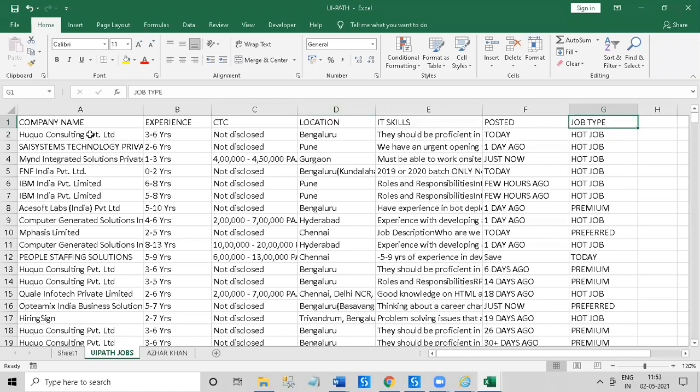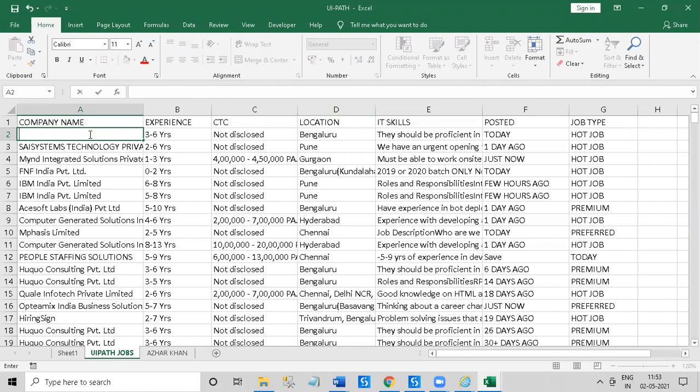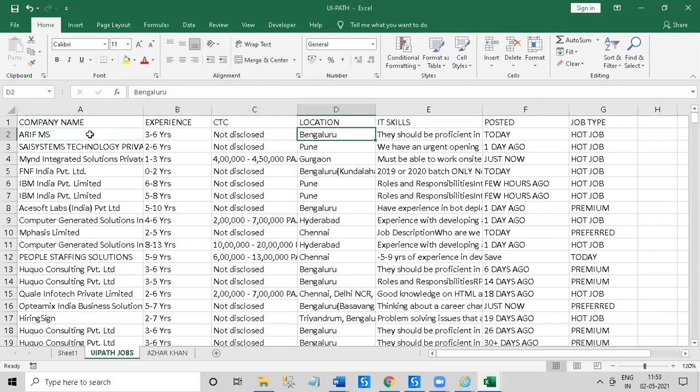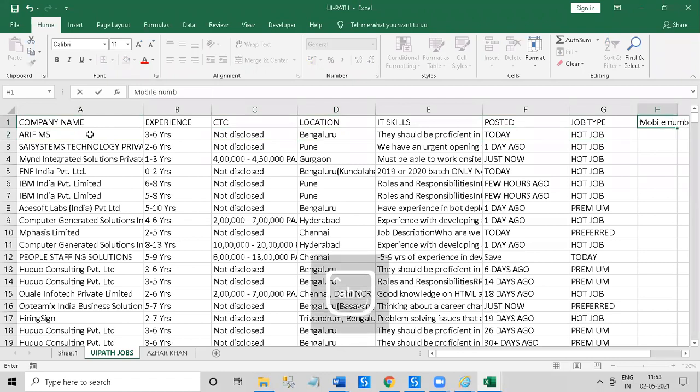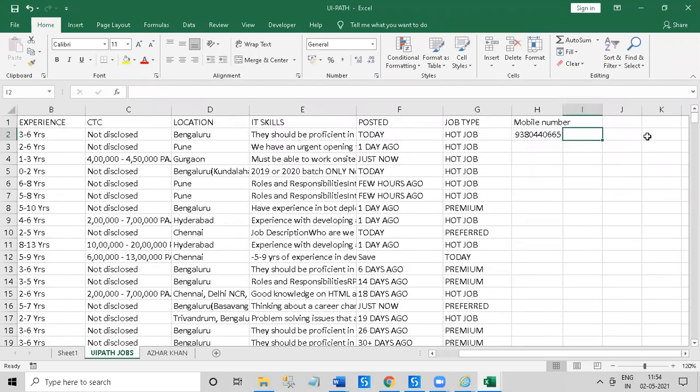Like company name is there. It will extract the name, experience, location, IT skills, posted, job type, and two more things. The bot is extracting the mobile number as well as the email address.